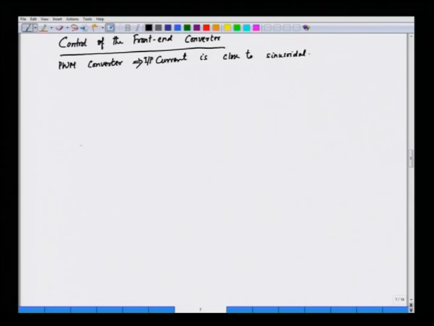So, we start with a DC link reference, that is VDC reference, and we compare that with the actual VDC, and then we have a PI controller which is followed by a limiter,